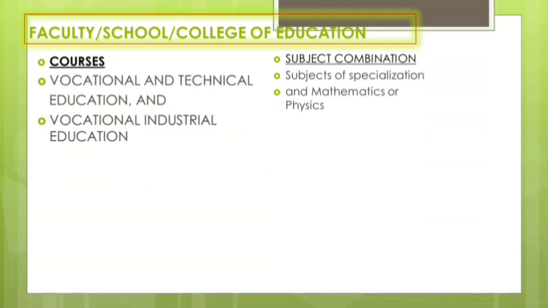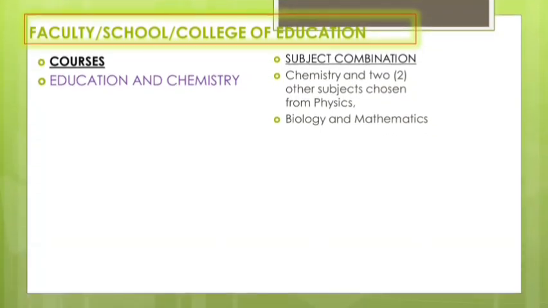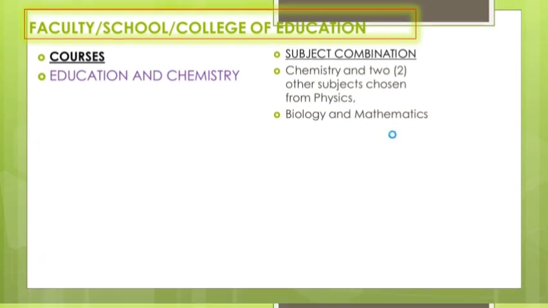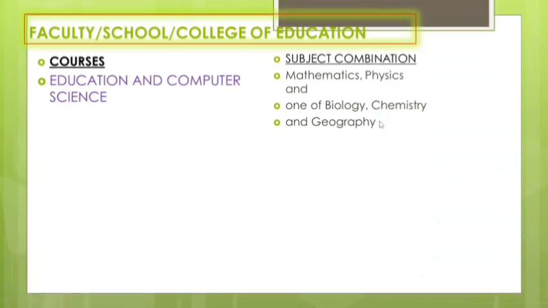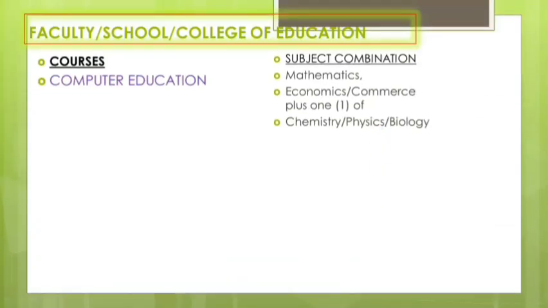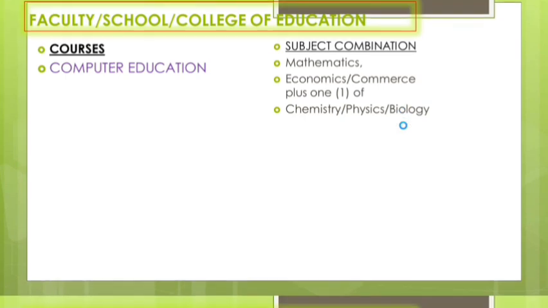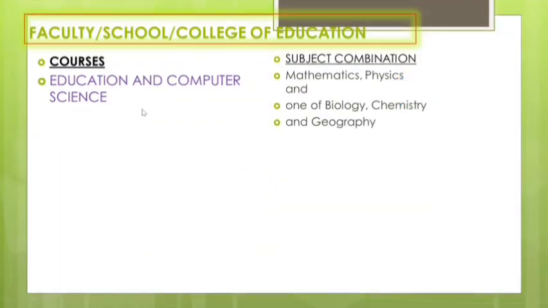and mathematics or physics. For candidates applying for education and chemistry, your JAMB subject combination include chemistry and two other subjects choosing from physics, biology, and mathematics, in addition to use of English. For candidates applying for computer education, you are to sit for mathematics, economics or commerce, plus one of physics, chemistry, or biology. For candidates applying for education and computer science, your JAMB subject combination include mathematics, physics, and one of